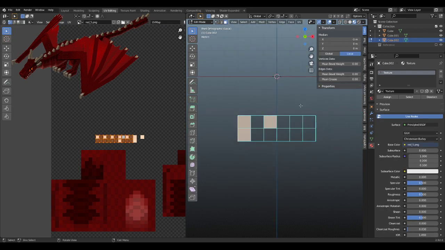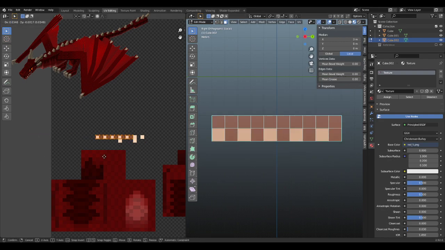Now, selecting this, if we move this to the same spot, you'll notice that it's going to give us this. So we're going to have to scale this on the x-axis by -1. And now we have the correct texture. Same thing for the side, correct side. If we move this over here,